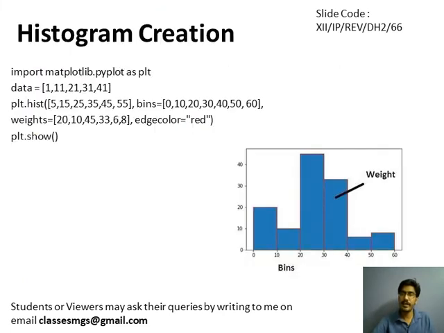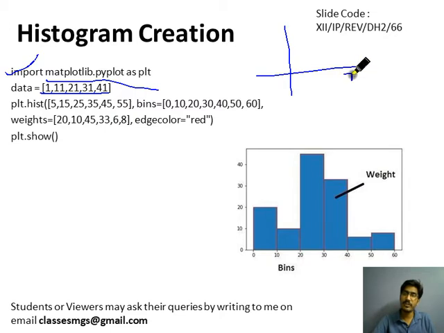Now we will see how we can create the histogram. As we have seen in our last video, for creating the histogram we will use the matplotlib library. Import the library first, then we will create some data. In the last class we saw the bar graph, line chart and scatter chart, where we have two data sets, x for the x-axis and another for the y-axis. But for the histogram we will have only one data set, because we will count the frequency and then display the distribution of the numbers like this.